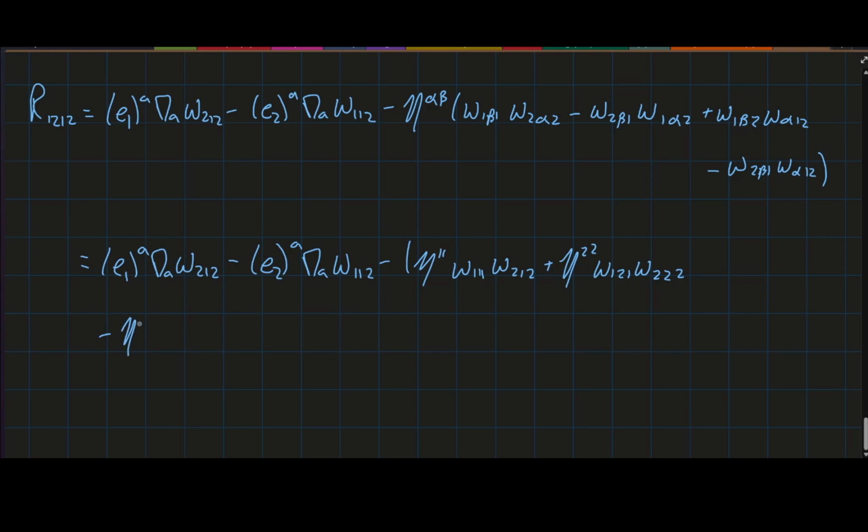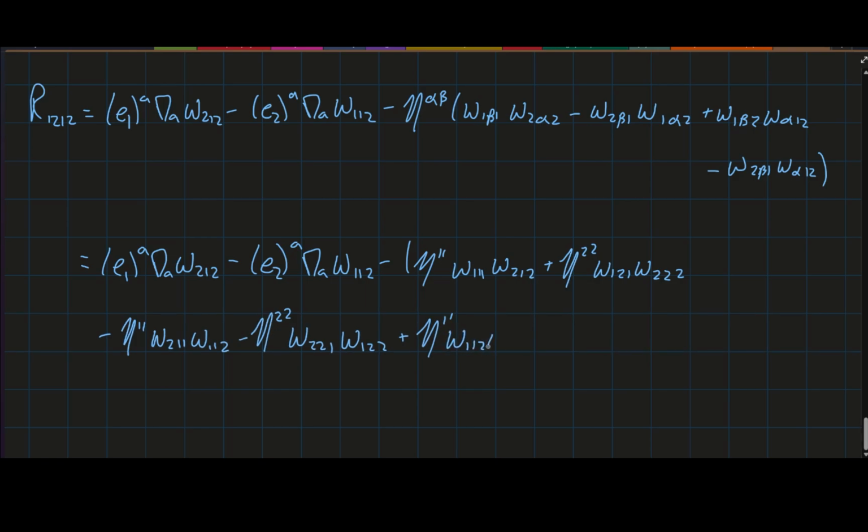Minus eta 1, 1 on omega 2, 1, 1, omega 1, 1, 2. Minus eta 2, 2, omega 2, 2, 1, omega 1, 2, 2, plus eta 1, 1,